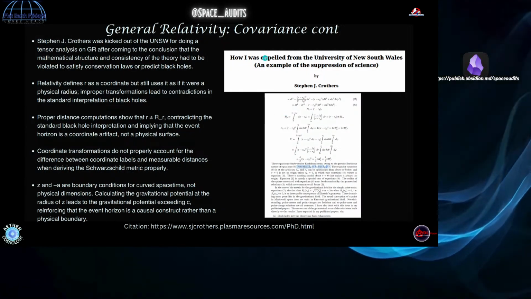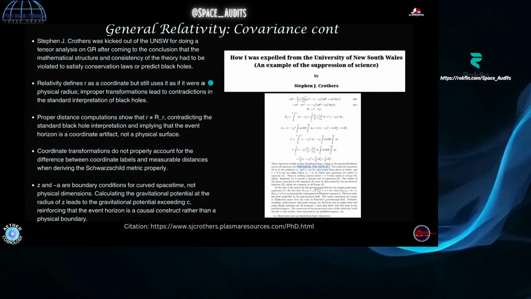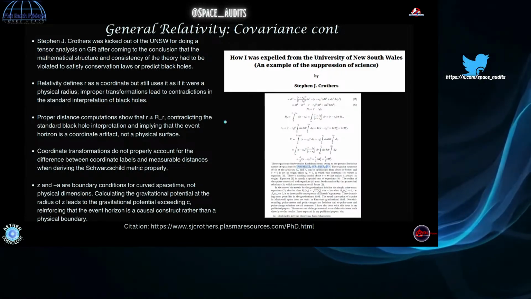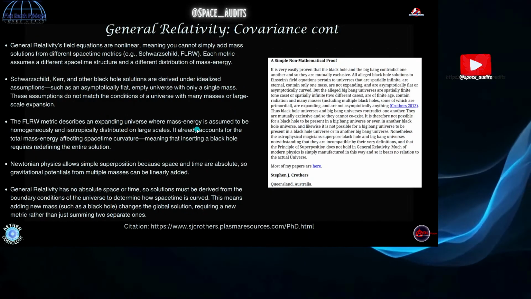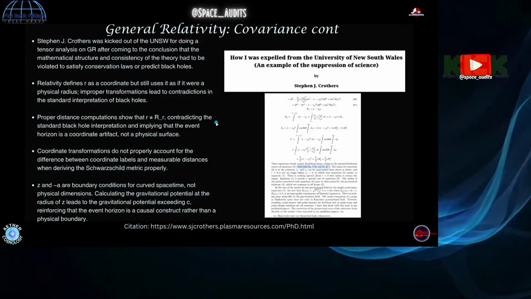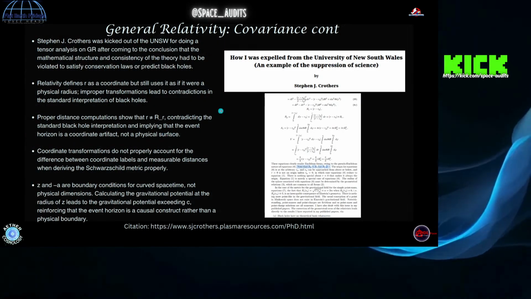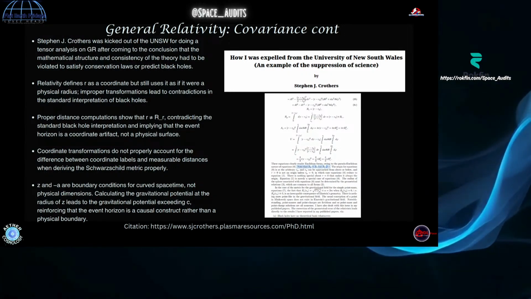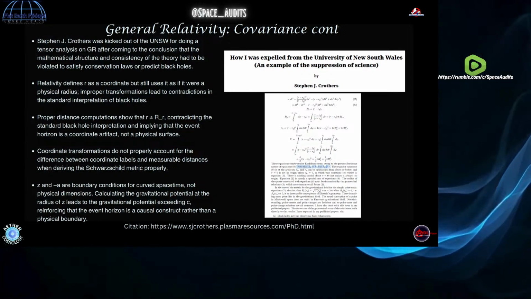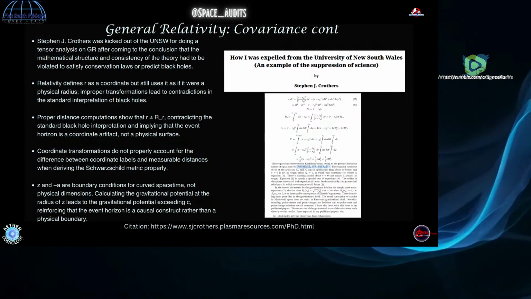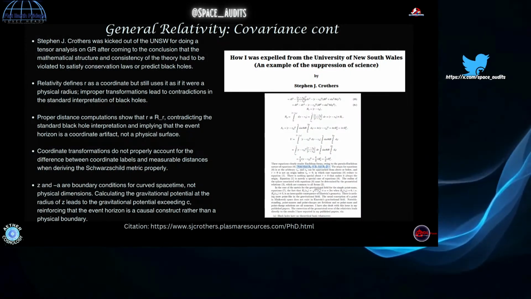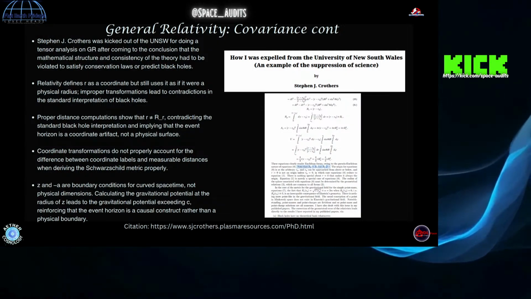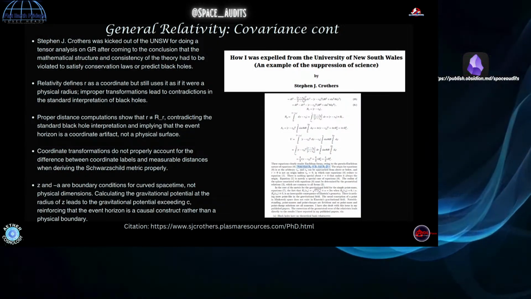So that's what Crothers was doing, and he got expelled from his PhD program. They wouldn't let him continue. He threw a wrench in the whole thing and ended up getting expelled. And then he gets into a back and forth with the director of the International Gravitation and General Relativity Theory Committee, where these people are in charge of interpreting the field equations and the solutions to them and how they're going to be taught across different universities.